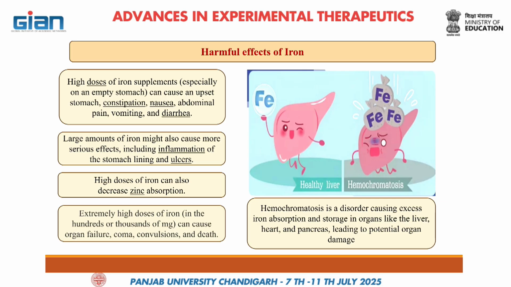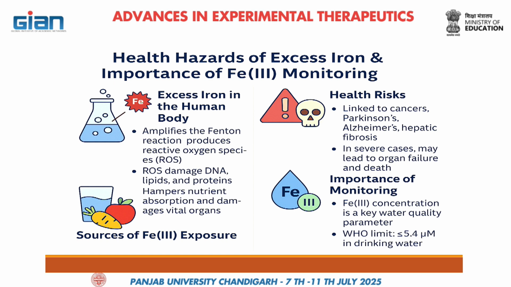Hemochromatosis is also a disease related to excess iron, and it involves iron absorption and storage in organs like the liver, heart, and pancreas, leading to potential organ damage. The health hazards related to excess iron include the amplification of the Fenton reaction, which produces reactive oxygen species. The reactive oxygen species so produced may damage DNA, lipids, and proteins, hamper nutrient absorption, and damage the vital